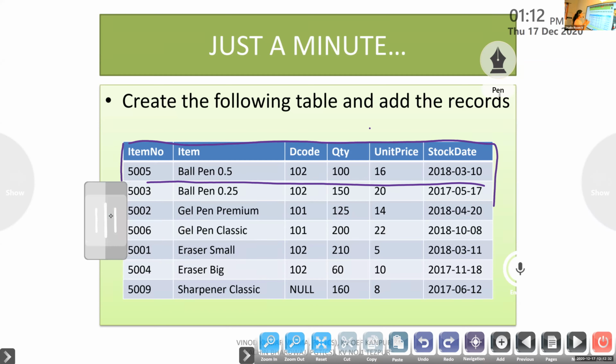The table name is item. The column headings are item number, item code, QTY, unit price, stock date.